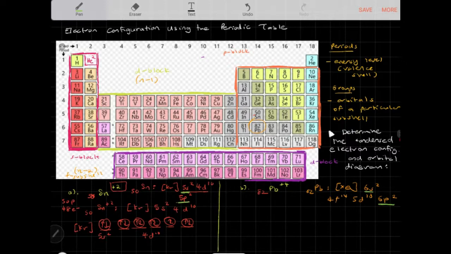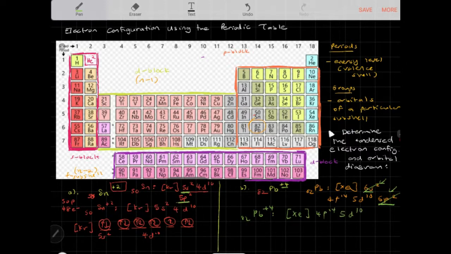Now, this is your elemental electron configuration, but now we have a +4 here, so we've lost 4 electrons. So you need to lose electrons from the highest energy levels, right? So the 6p2 and then 6s2. So in that case, what you're going to get here is Pb +4. If you remove electrons from here and here, that cancels out, and you actually get Xenon